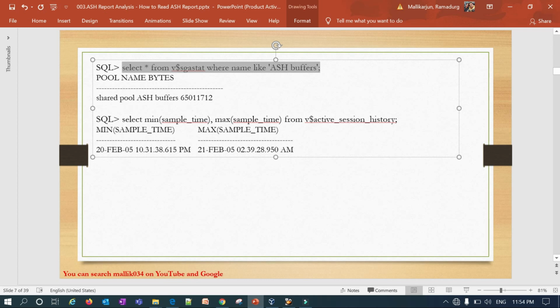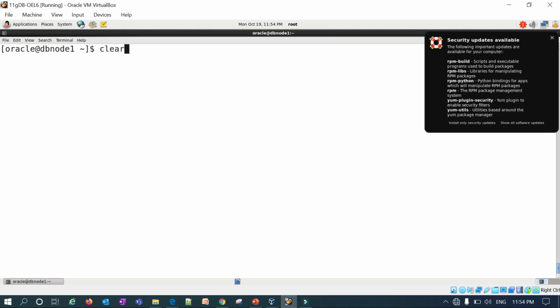And if you run this query, select minimum sample time, maximum sample time from active session history, it will give you the sample timing. So let me write this in my database. Okay, SQL*Plus, let me set the environment.